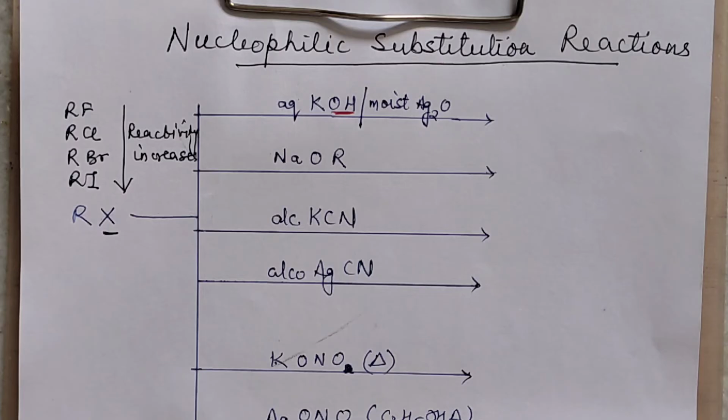We are on to the next lecture, and in today's video I will be explaining nucleophilic substitution reactions. It's a part of haloalkanes and haloarenes, class 12. In this chapter I have already posted the previous videos. Please watch those before you watch this one, and I have already explained SN1 SN2 reactions. So only after watching the SN1 SN2 reaction video should you watch this video.